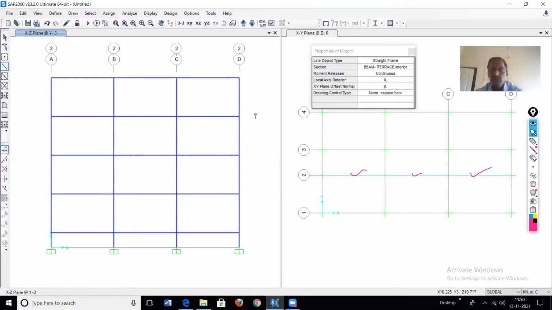Okay, now this frame is over. Then we'll go for this frame. This also is beam interior. Okay, beam interior. So therefore the same replication we can do. Same replication we can do at a distance of 2 meters. So in the same way,